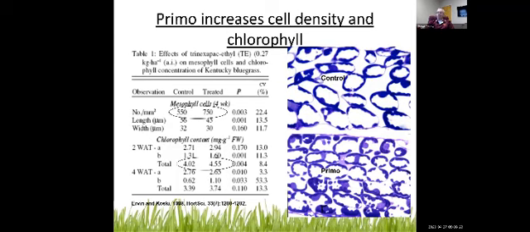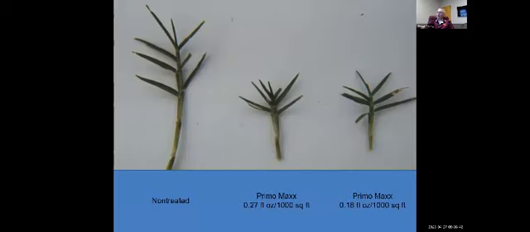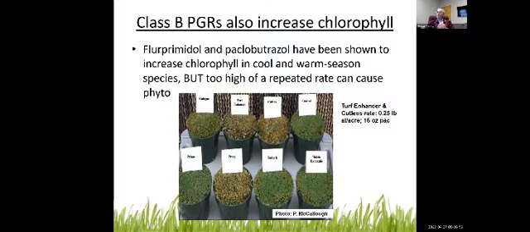The amount of chlorophyll each cell is going to have is predetermined at cell birth. And so if that cell does not elongate, if it's shorter, things are darker green because the chlorophyll is packed in, as you can see in the images there. And so this stunting, you know, it's not growth inhibition. So we don't really get long-term growth cessation or inhibition from PGRs. Instead, we get this short-term stunting.